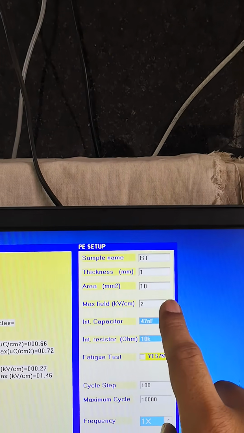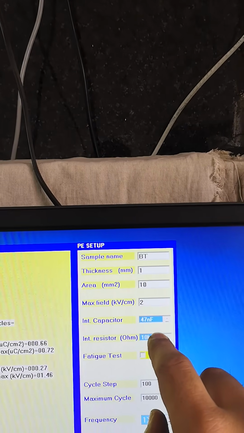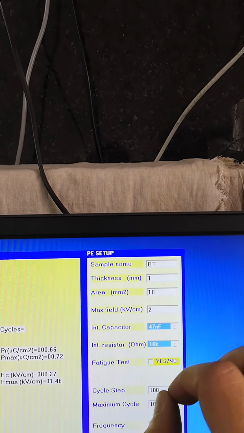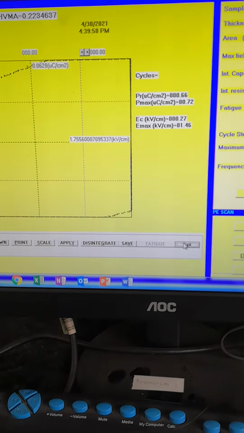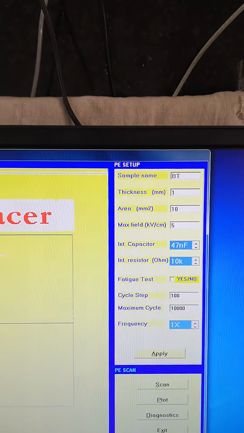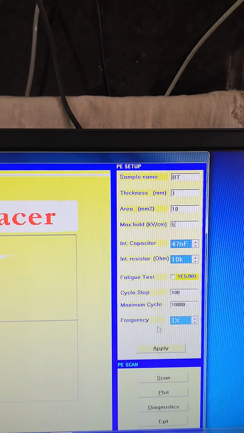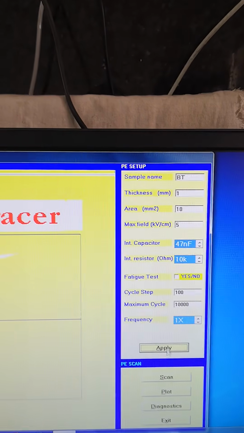We have to manage the set of these three values to get the exact PE loop for our sample material, right? So first of all, okay, I'll start with 5, right? When the maximum field is 5, now I apply it and scan.